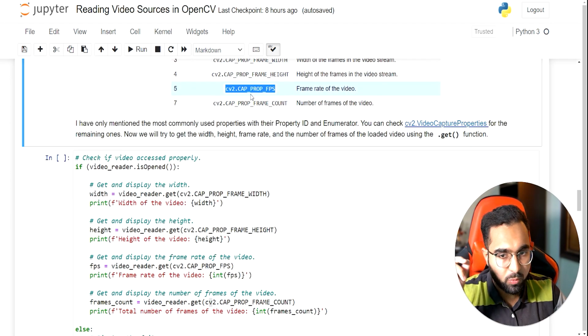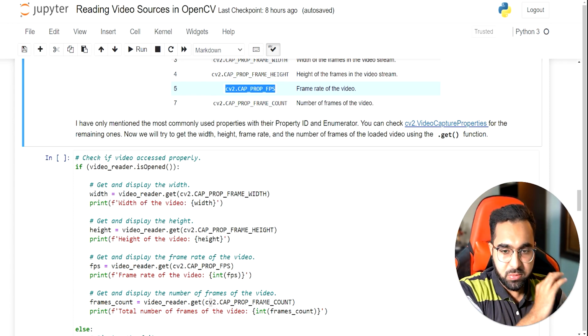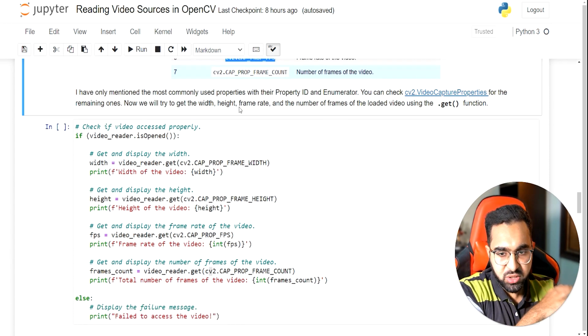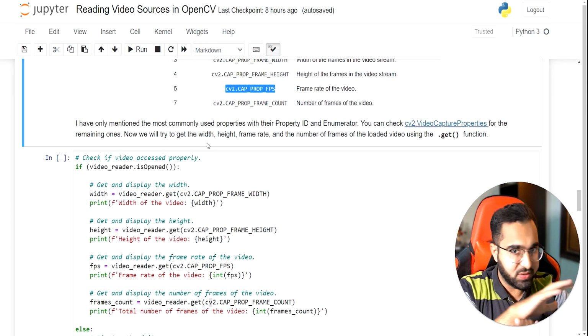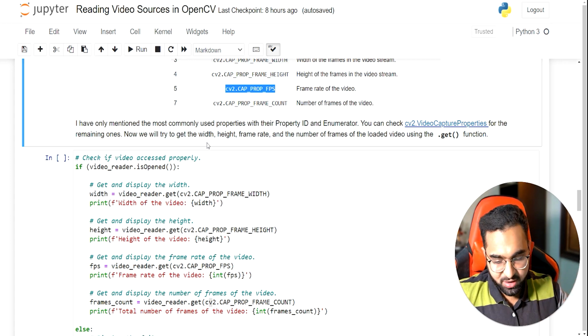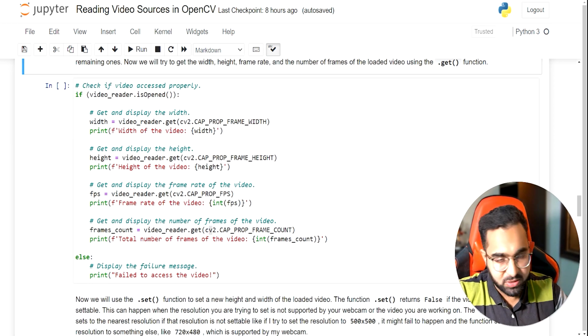This way you'll know which FPS the original video is at, and then you can specify that FPS in the video writer initialization function, and you can save the final video at that FPS. Just discard this final part if you have no idea what I'm talking about, because this is just for those people who have worked with the video writer function in OpenCV.